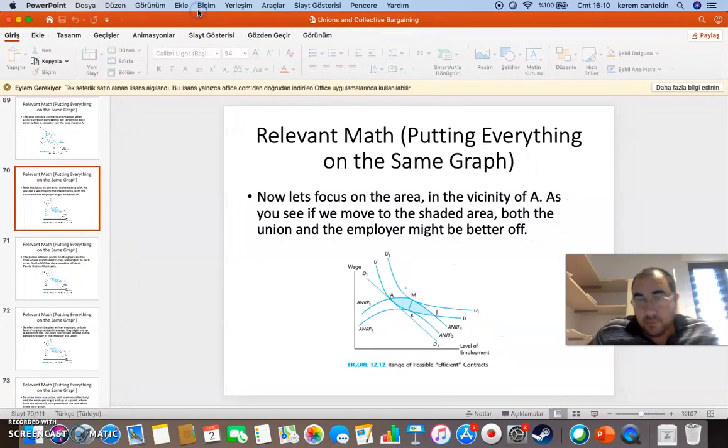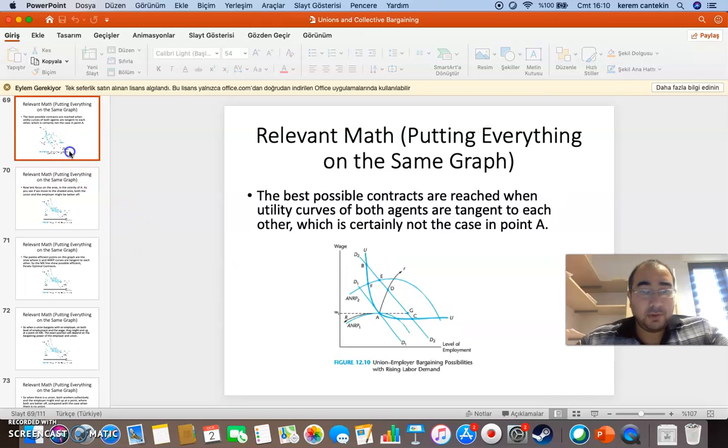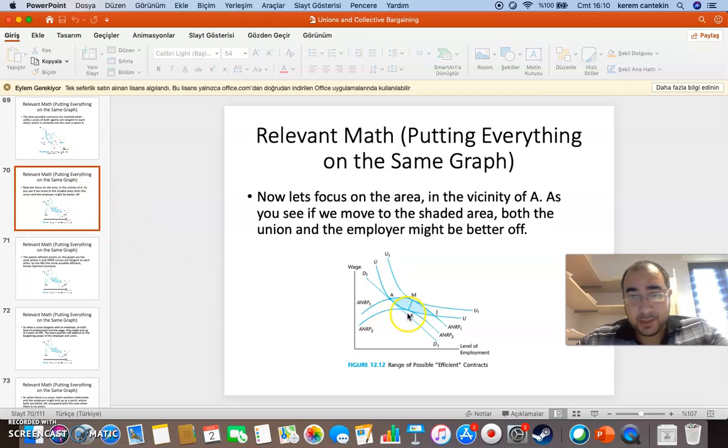Let's now look to the zoomed area where Pareto improvement is possible for the union and the company. Note that we were at point A, which is actually the top point. Here it doesn't look like that, but it's actually the top point. So if you move to the gray area here between A, G, K, M, and K, you can see that